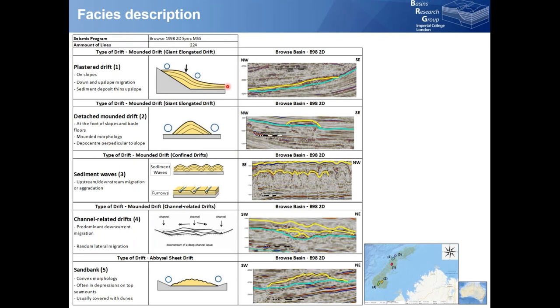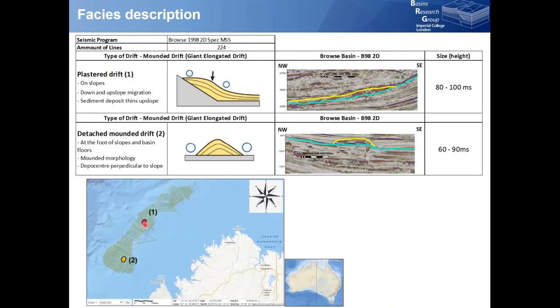Miramontes proposed in 2021, and then we try to find some similar deposits in our area. So as you can see from here, this is a small summary of the many facies that we have found. I'm going to talk today about just 5, and here you see where they are located inside our 2D program. So for instance, the first one is located almost in the middle of the sequence, and it's interpreted as a cluster drift. So as you can see, this is the shape of the original of the proposed classification,